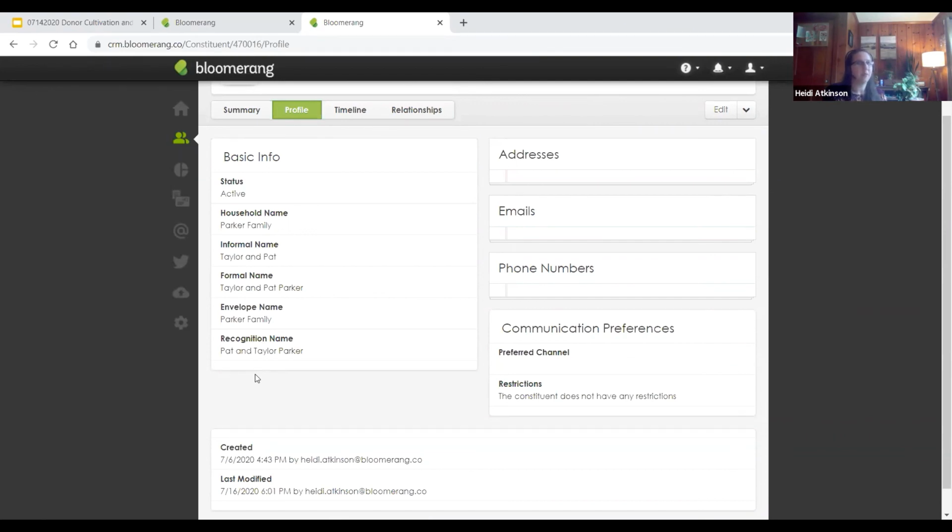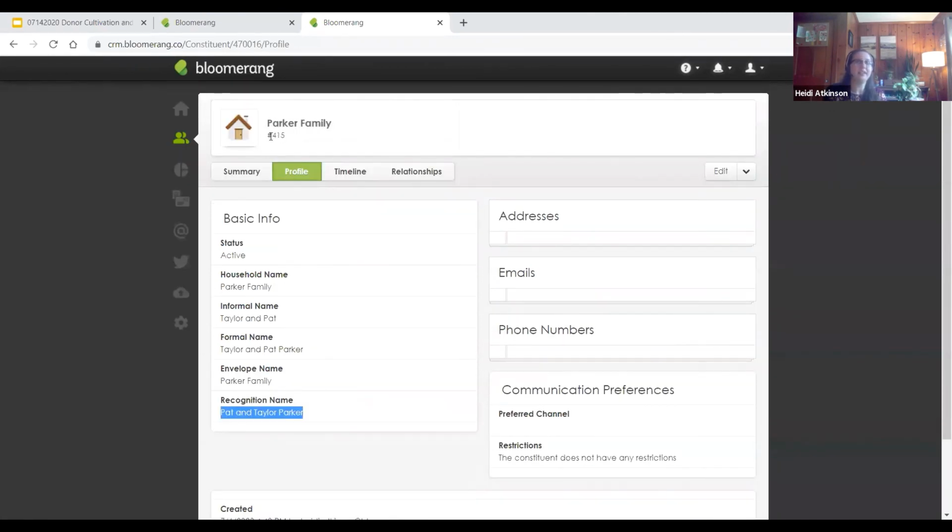If you have that preference, I wish I could just do a find and replace. You can export a list of your households with their recognition names into Excel or a spreadsheet. Do the find and replace in the spreadsheet. As long as you've got the account number for the household, like this one's account number 415, and the recognition name column in your file, then you can make the changes there and use our import tool to roll out that change to hundreds of your donors in a more efficient manner,